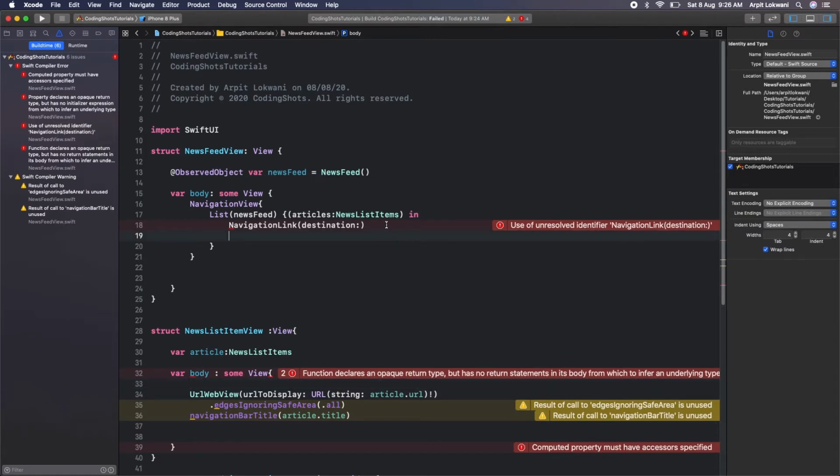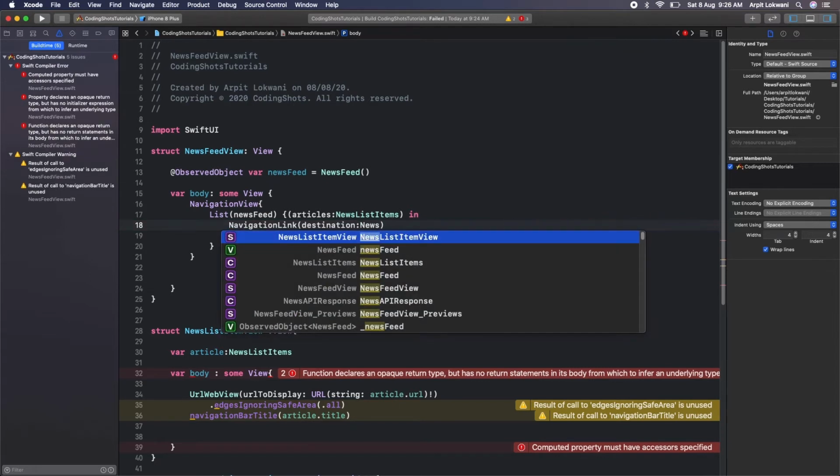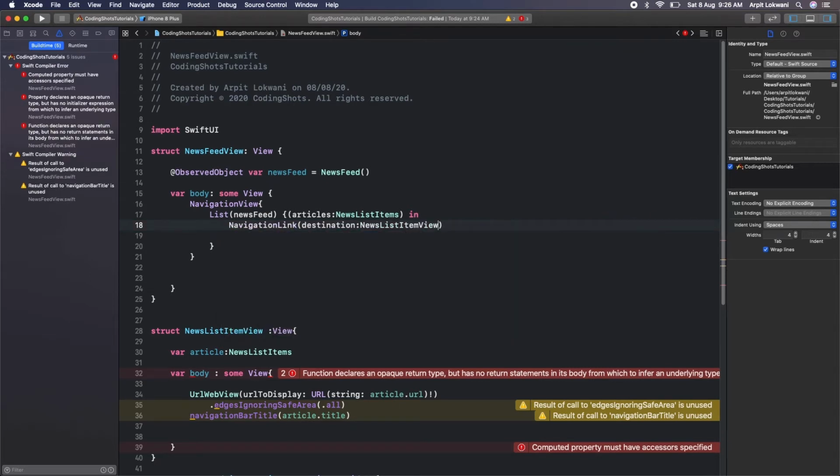So we can say now destination should be news list view, correct? And with that we need to pass that article, fine.